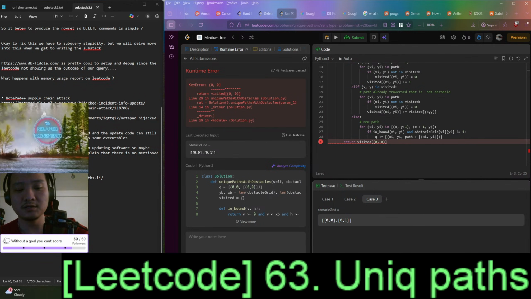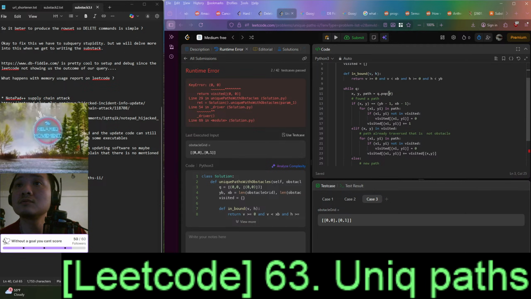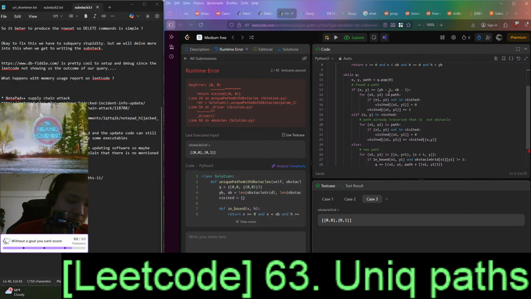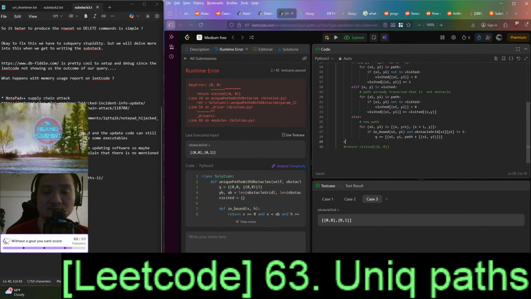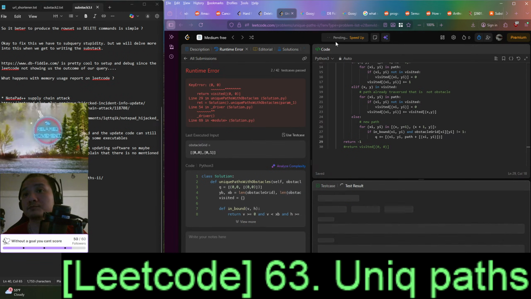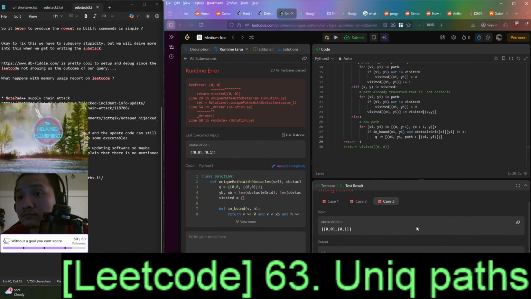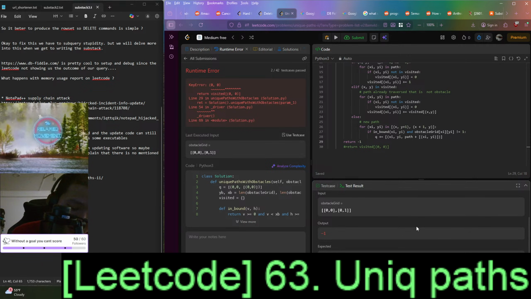Here's the test case here. We have 2 0 0 and 0 1. Oh, so it's like a vertical line. So what is the expectation here? Let me return minus 1 and see what's the expectation here. 0. Could also expect 0.